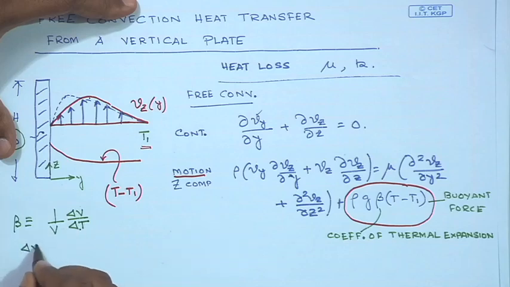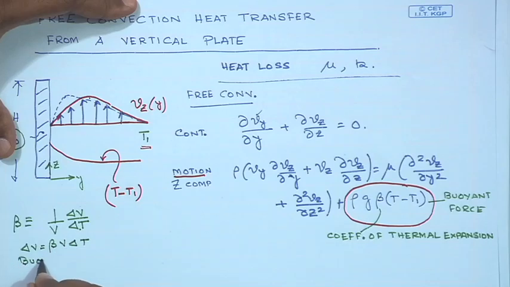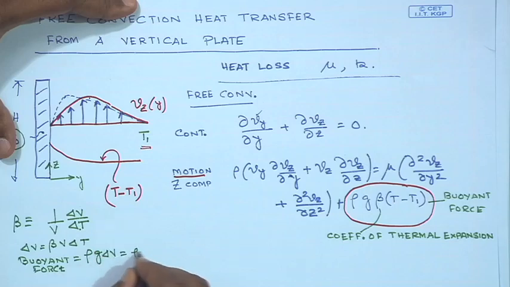So, I can write the change in volume as beta times V times delta T, and therefore, the buoyant force, since this is the change in volume, would simply be rho g delta V, which is rho g beta delta T, and the buoyant force